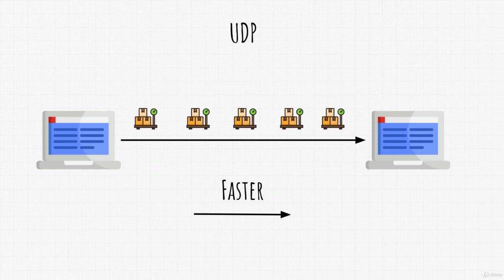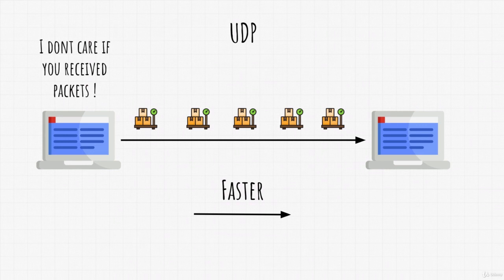UDP doesn't really care whether packets reached their destination, and it will not resend a packet if it didn't reach the other party. It will just continue sending other packets. You cannot ask for those missing packets again with UDP, and these are just the basics behind the two most known protocols for communication. Even though many of you probably knew this already, it is good to have a refresher